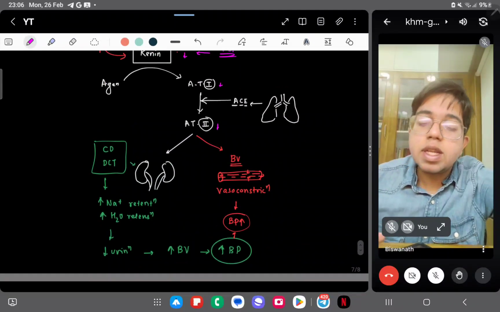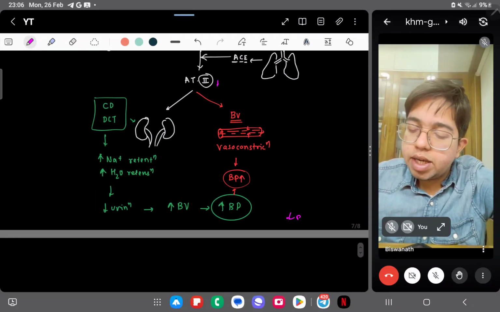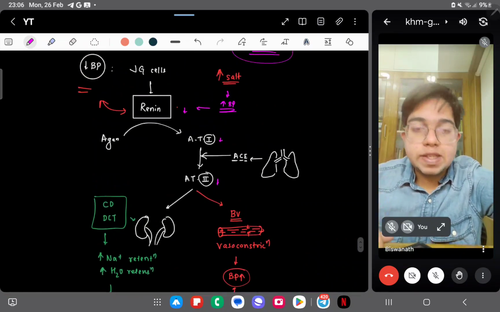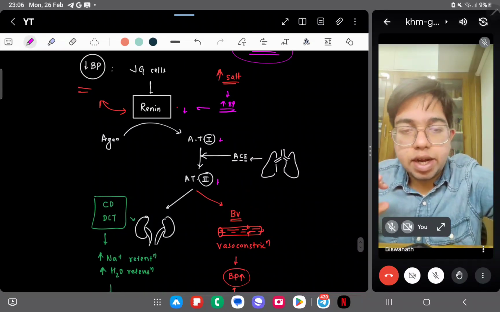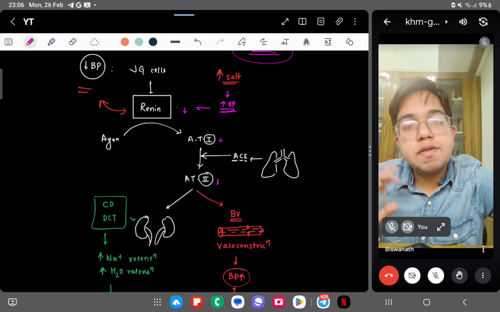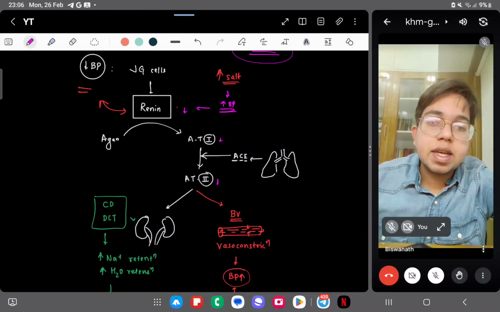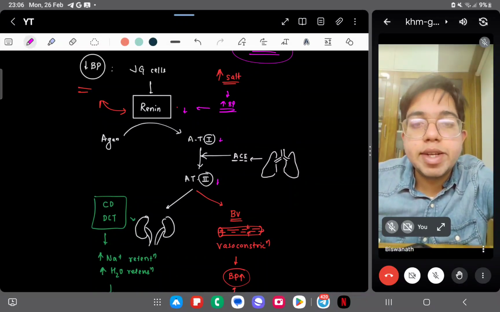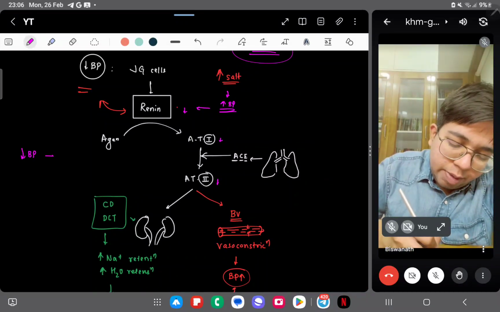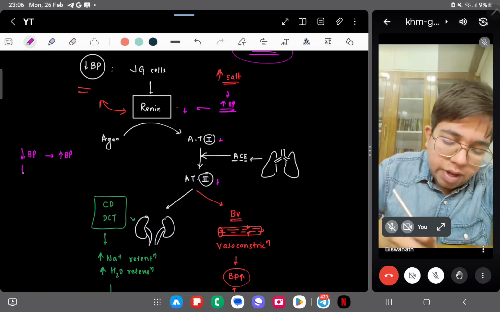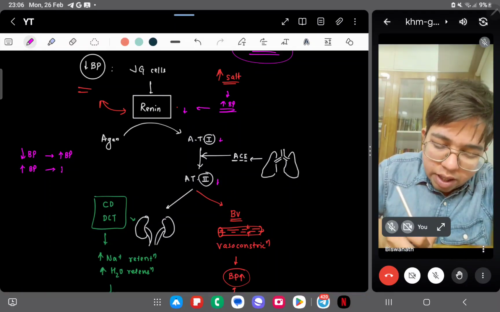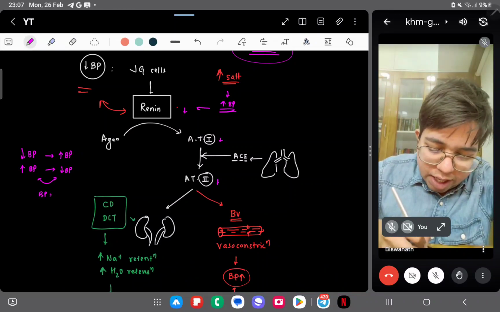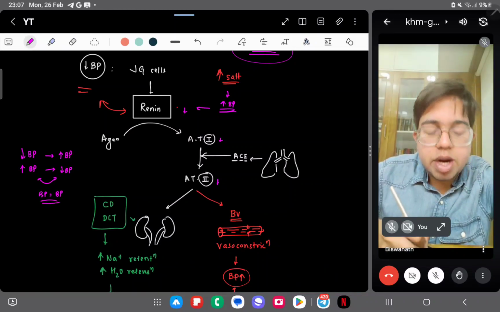If all these things are reversed, the blood pressure will decrease. And if you took less salt, if there is less salt intake, ECF will decrease, that is BP will decrease. And if the RAS mechanism comes, then BP will be restored, BP will be increased. So if there is decreased BP, it will restore the BP. If there is increased BP, it will decrease the BP, and by this it will maintain an equilibrium of blood pressure by